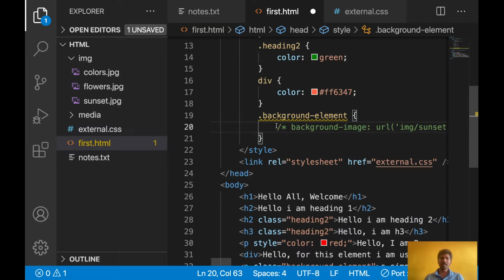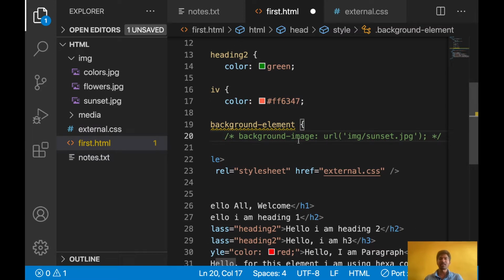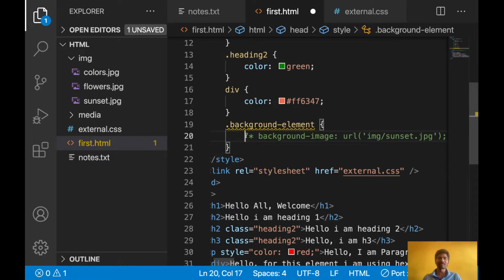So here I used a comment actually. A comment is so that in future I can enable this line. For now I don't want to write background image for the paragraph, so I just commented. Commented means in future if I want, I will enable this line. This will not display in the browser. Comment means we can keep it for future purposes.